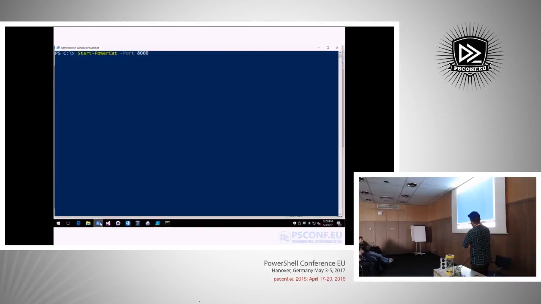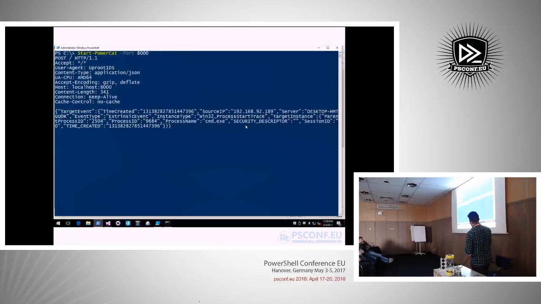All right. So over here I'm using PowerCat, which is just like a netcat type PowerShell script. I'm going to start listening on port 8000, and immediately a process started, cmd.exe. I think on this system, it's my test system. I have some weird stuff going on in the background, so don't mind a cmd.exe just popping up in the